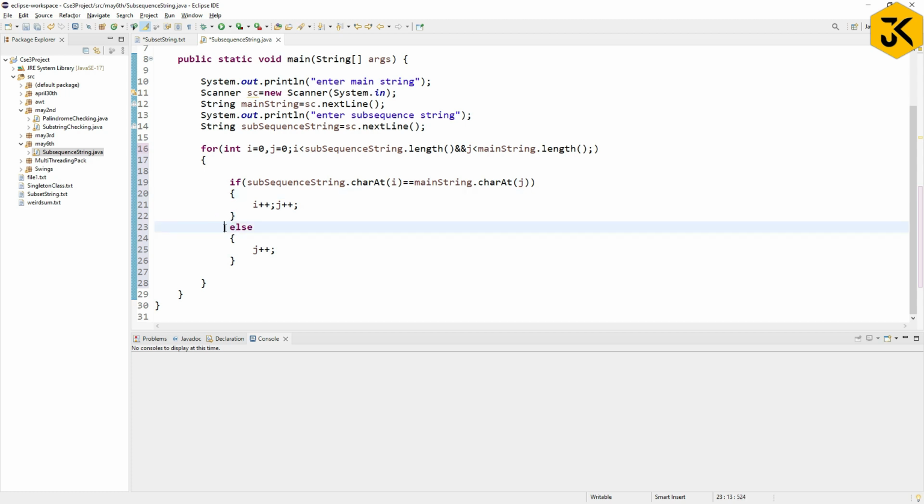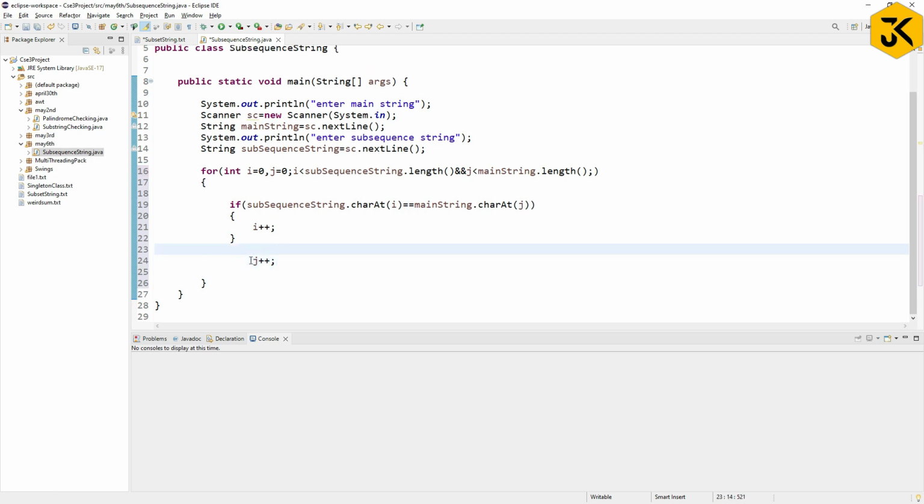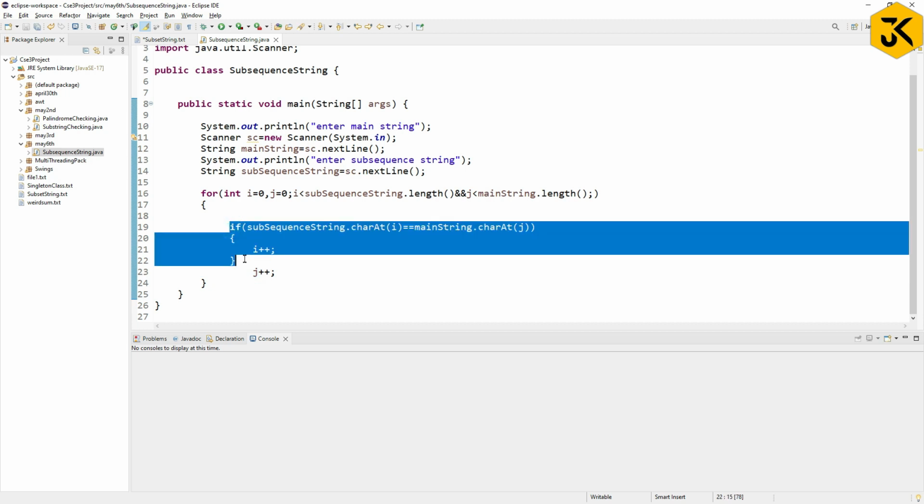Here what I will do now, instead of writing j, see this j plus plus is going to be executed always, whether it is going to be the positive case or the negative case. So I am going to remove it from here, and I will try to remove this also. For both the cases, it is going to be executed. Yes, right. The same code I can write like this. Right? So which means this line of code is meant for